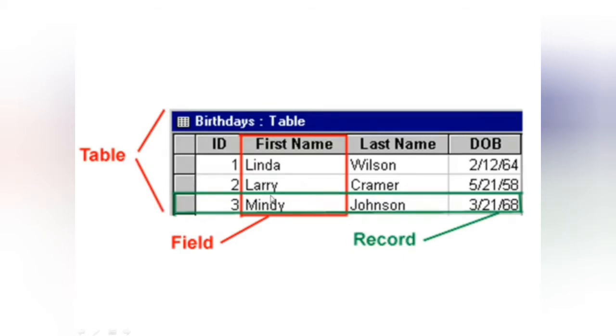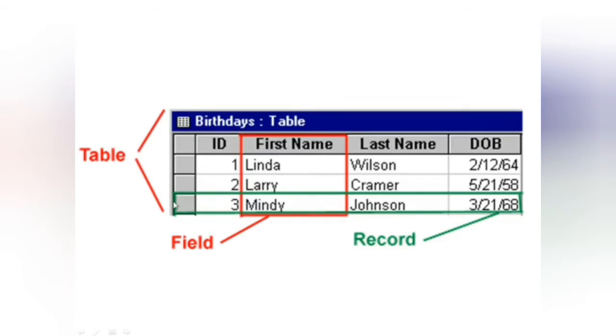What is field, what is record, what is domain, isn't it? So a group of, I can say like this as well, a group of fields, say 1, 2, 3, 4, four fields are there. So this is a field, this is a field, this is a field, and this is a field. So a group of fields is called a record. A collection of records will be called a table.